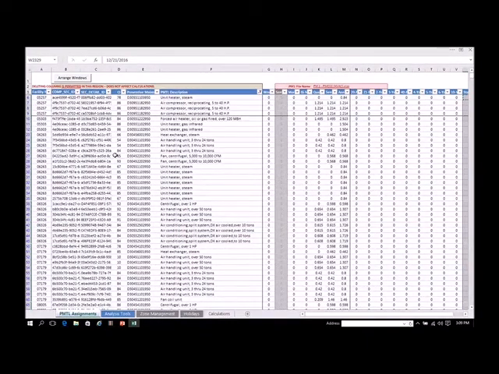The next part is to select all of the boilers that I believe are in good condition and will last. So I'm going to clear my filters